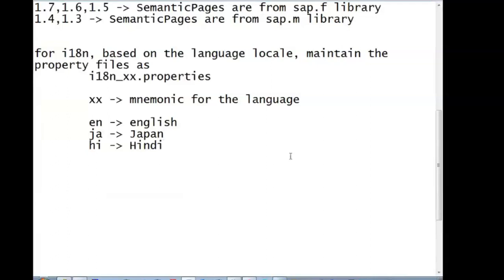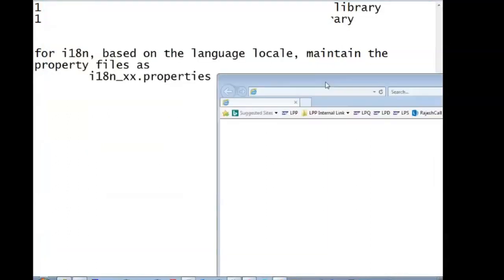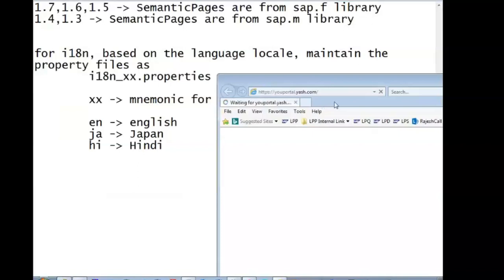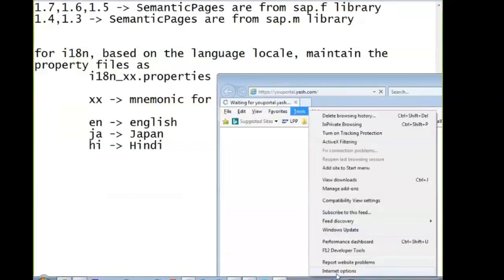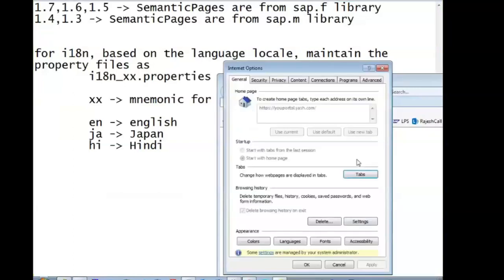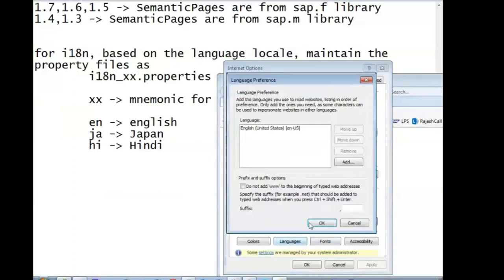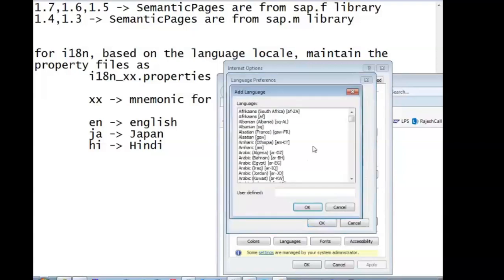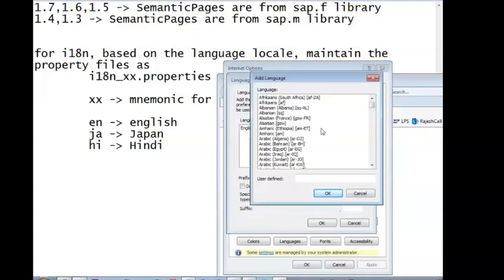So you can go into Internet Explorer, in the tools, Internet options, languages. You might be familiar till here. The languages list has all the two-letter codes. In Chrome it is not there.